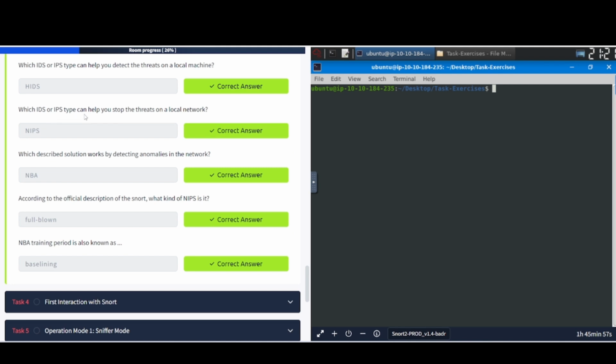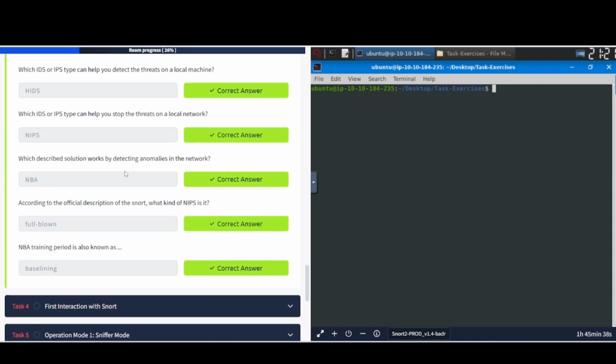Which IDS or IPS type can help you stop the threats on a local network? Once again, you want to stop the threats on a local network, so that's going to be a NIPS, a network intrusion prevention system. Which described solution works by detecting anomalies in the network? Remember, that's going to be the NBA, which is the network behavior